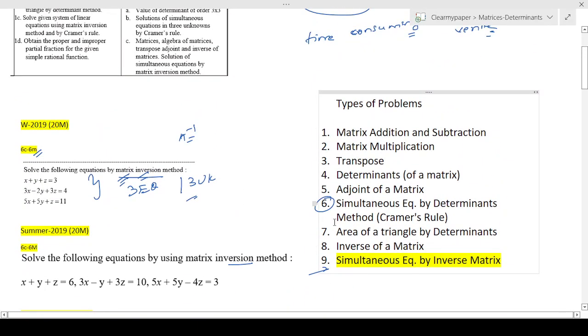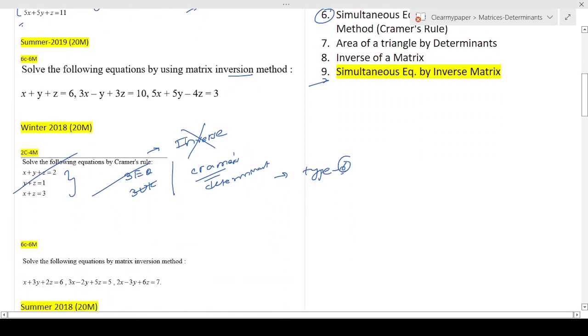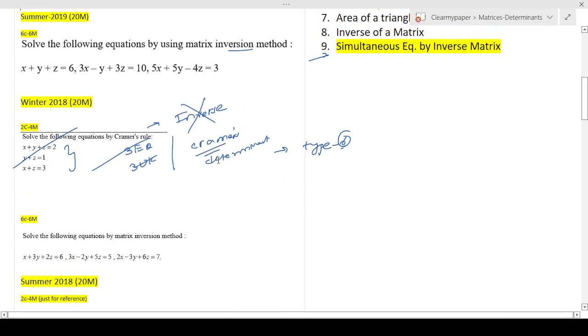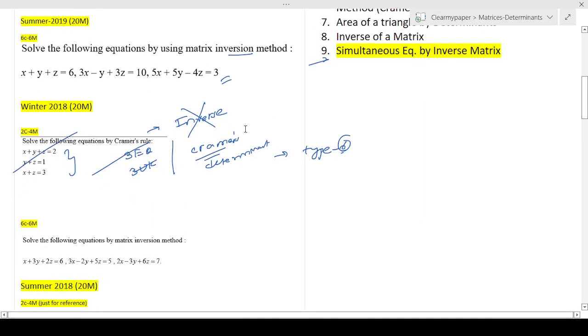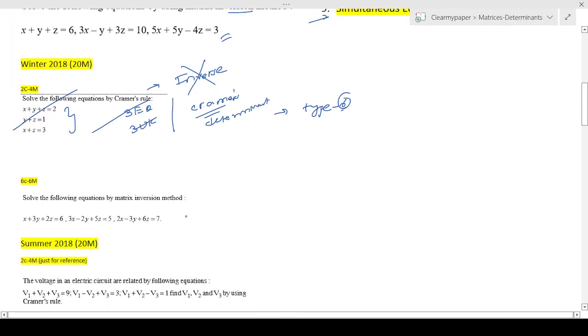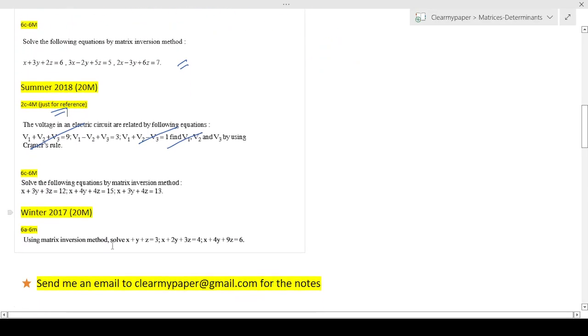Normally one question comes for 6 marks every time, and in the next video you'll see I'm going to solve this particular example in detail, explaining various concepts and how to arrive at the answer. For the remaining questions, I'll just copy and paste the answers for easy reference from various websites I might have access to, and maybe I'll explain if required. Otherwise, it's self-explanatory. Over here also it's Cramer's rule, so don't worry about it. It was just put here for reference.